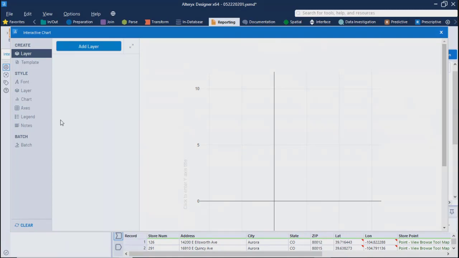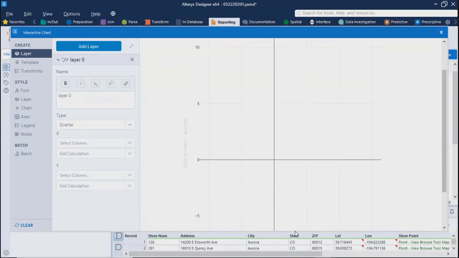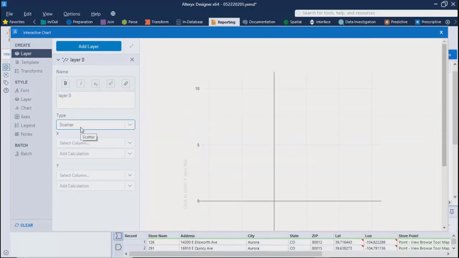Now, before we do that, let's see what all charts are available here. If you see here, by default, it gives you the layout for scatter plot, but that doesn't mean that we can use it only for scatter plot. The same layout can be used for line, bars, or many others. Wherever you have two measures, this layout can be used. If I click on this drop down, you have area chart, bar chart, box and whiskers, candlestick, heat map, line chart, scatter plot, and pie. You have these many charts over here.